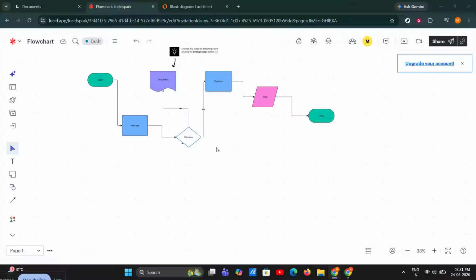In this video, I'm going to show you how to scroll in Lucidspark quickly and easily, whether you're using a mouse, a trackpad, or the spacebar shortcut. If you've ever felt stuck on a huge whiteboard and couldn't move around the canvas smoothly, this tutorial is going to save you a lot of time. I'll walk you through each method step by step so you can pan, zoom, and navigate your Lucidspark board with